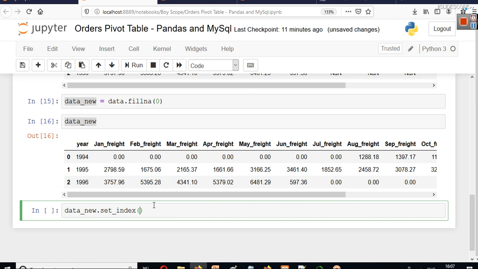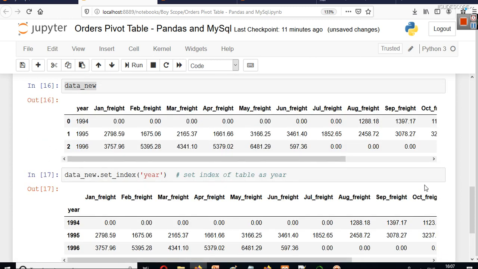So you can simply give the name of the column. So set_index simply means set the index of the table as year. You can put any column here, but can you put January freight as index? It will make no sense. The same goes for February and every other column, but year can very well be the index here.